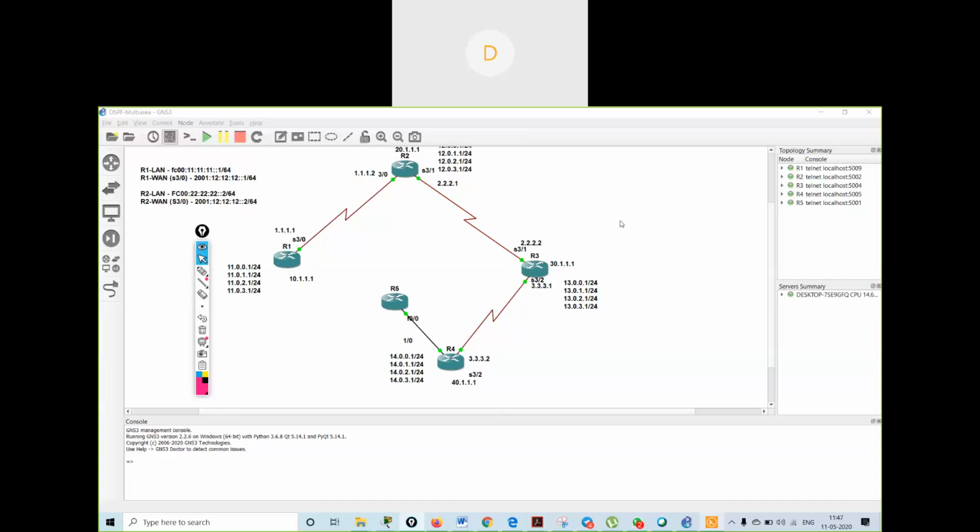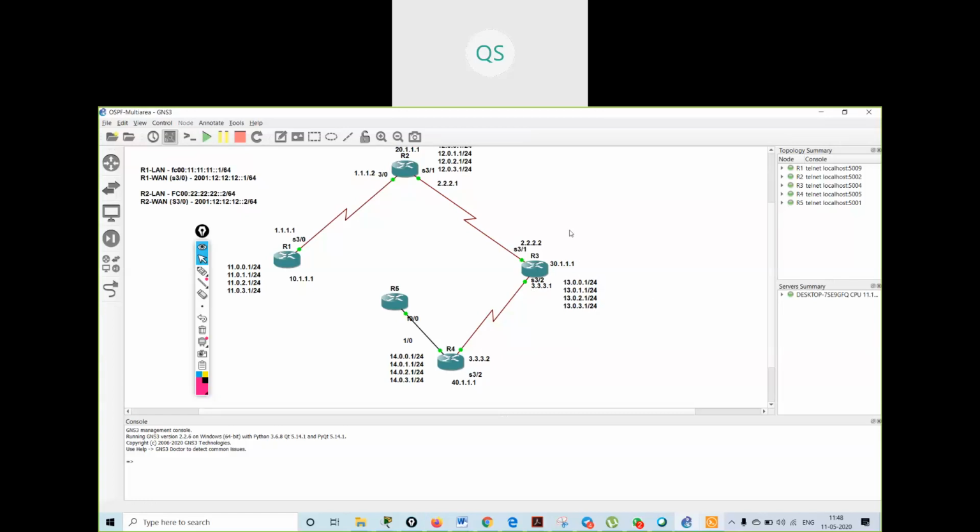BGP is completely different. If you want to do anything in BGP, the commands will be different. You cannot use passive interface in BGP. When we'll be learning BGP, I will be explaining you all these things. Don't worry. Now I am just telling you about EIGRP and OSPF.